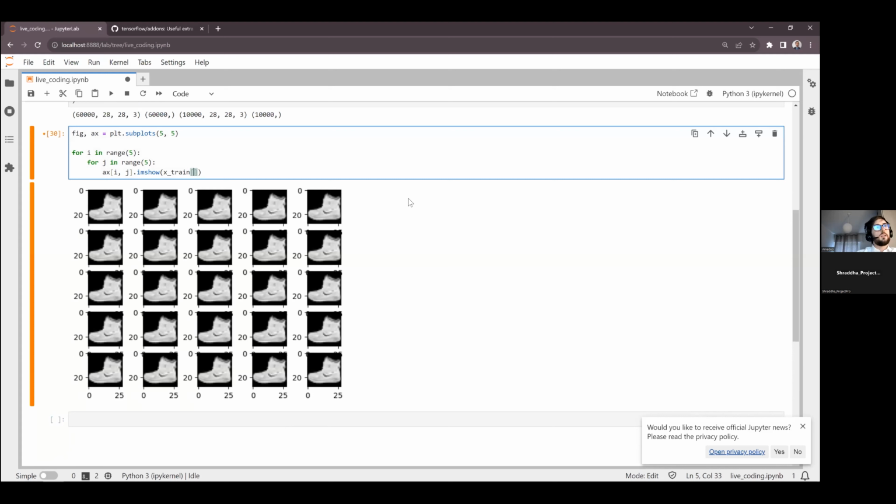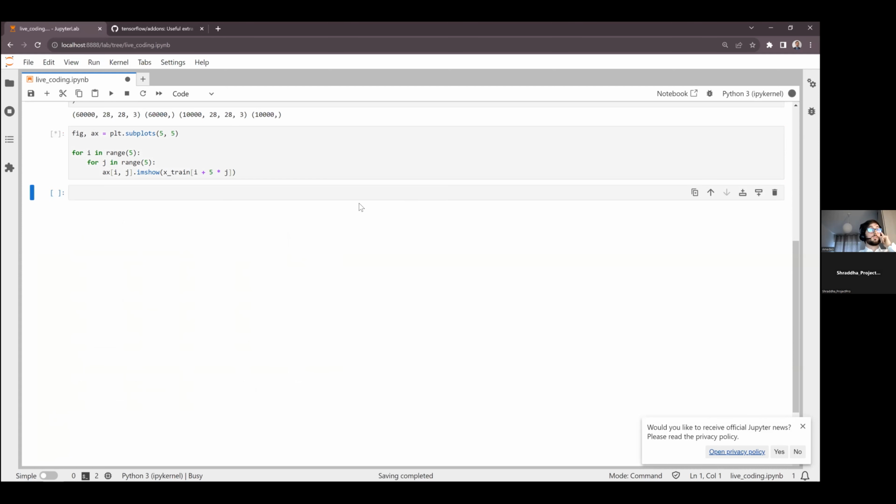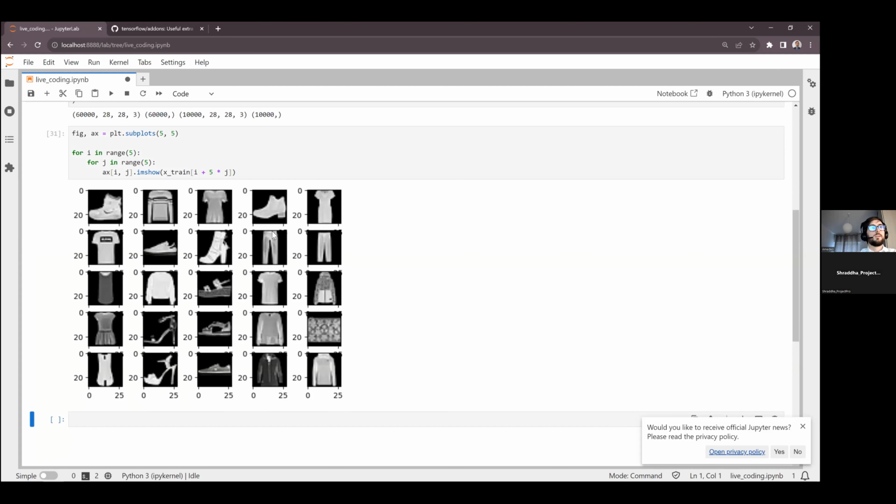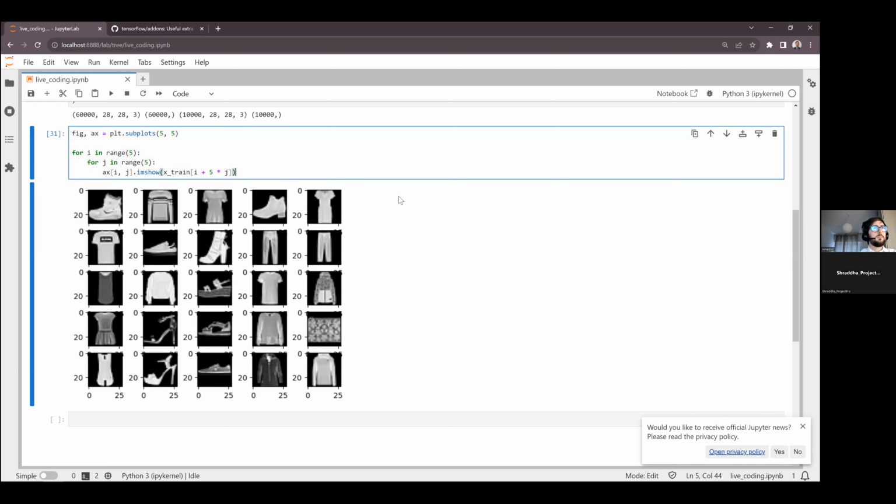Now I can do something like I plus 5 times J, and I should get different images. Okay, yeah, we have a bunch of images and different kinds of them. We have shoes, we have t-shirts, we have trousers, etc. Okay, I could try to make this plot a bit nicer if I remove the ticks, etc. Maybe we can try.